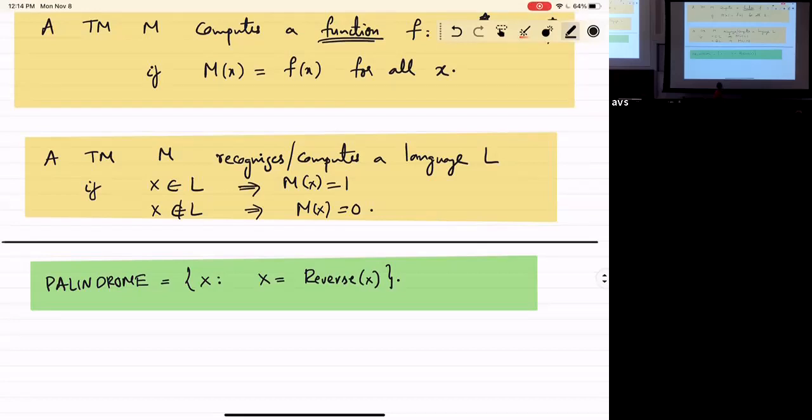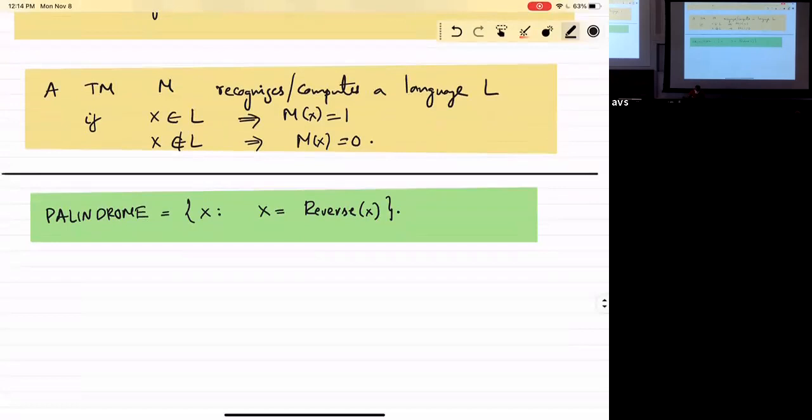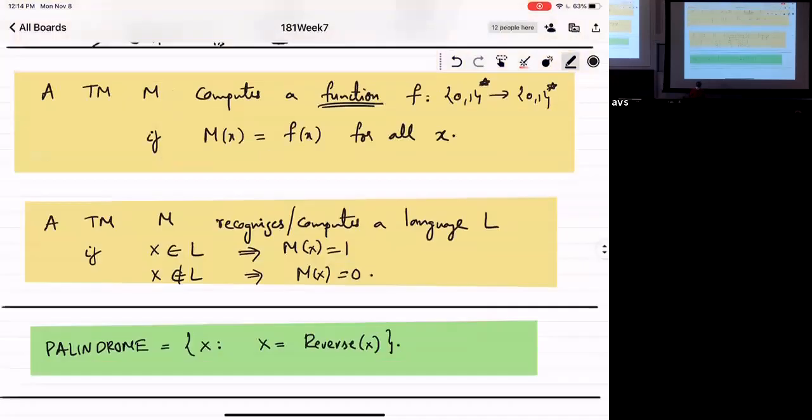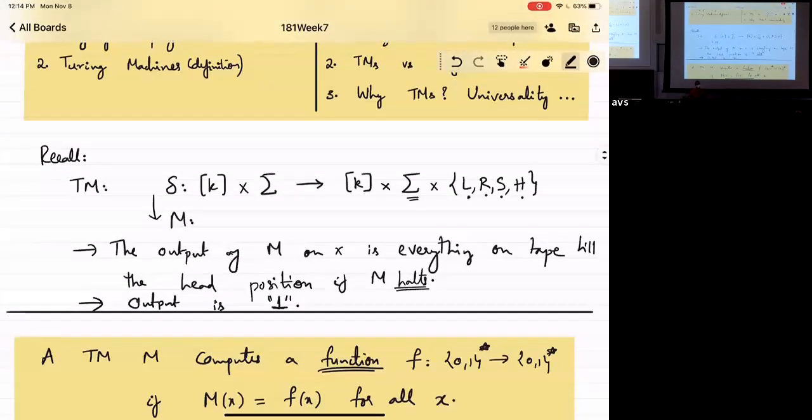So what should my machine do if I wanted to recognize those strings which read the same front and back? Any ideas? Let me draw a picture and then I'll let you fill in the blanks. When writing Turing machines, you can take two approaches. One is the finely detailed one, where you explicitly write down the transition function. So I have this delta, which takes a state and a symbol, and then I have to tell you what to do on each one. That is what you really need to do if you were to actually program it, but we won't do that for most of the examples.